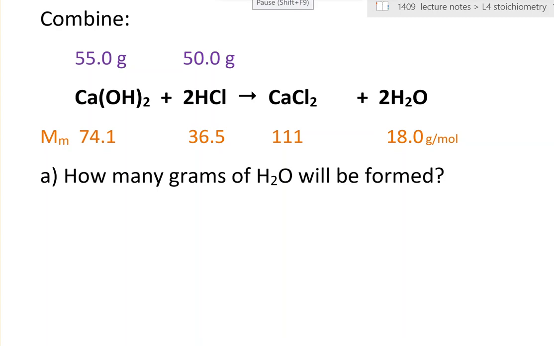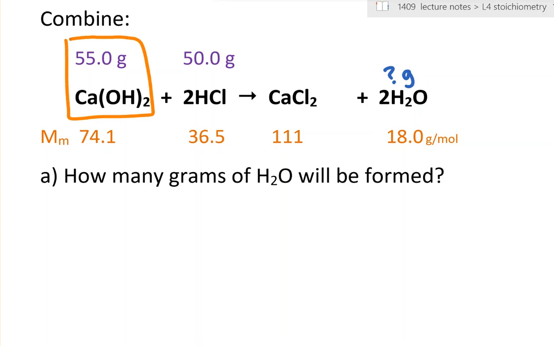This is a stoichiometry problem. The way that I know is that I'm talking about amounts of reactants and products. I'm supposed to find the amount of water that is formed in grams. The way that I know that this problem involves limiting reagents is that I have been given the amounts